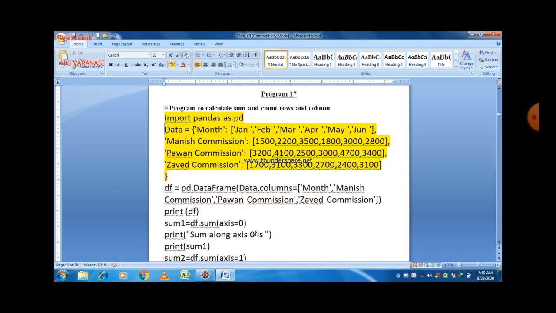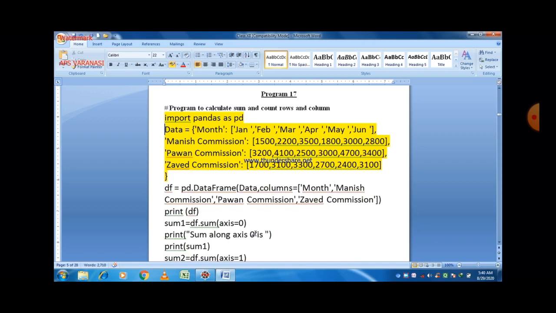In the second line, there is a creation of a dictionary named data. You can create a data frame directly, but here first of all we create a dictionary. The names of the keys are month, Manish Commission, Pawan Commission and Javed Commission.